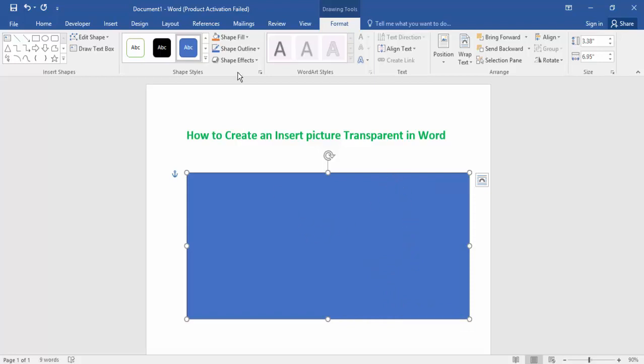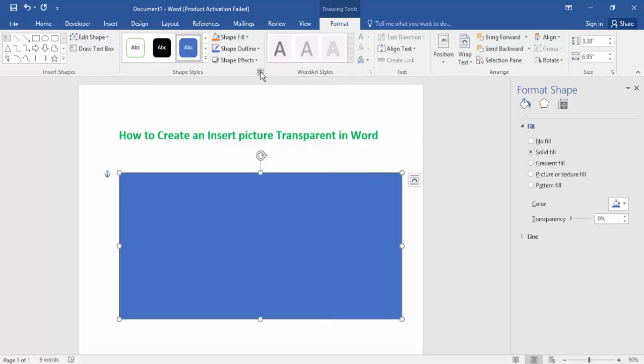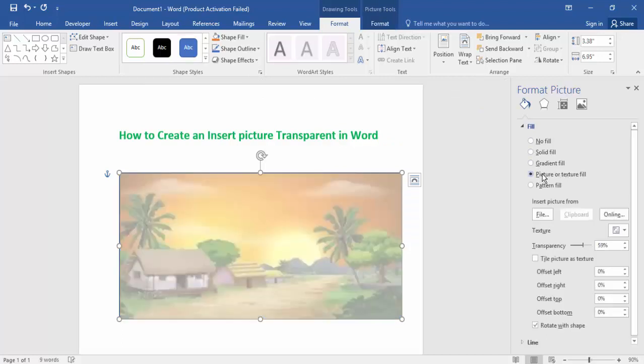Now click the Shape Style option, and Shape Fill, Shape Effect. Now the Format Shape option. Now click the Picture or Texture Fill option. Now click, then insert any picture from